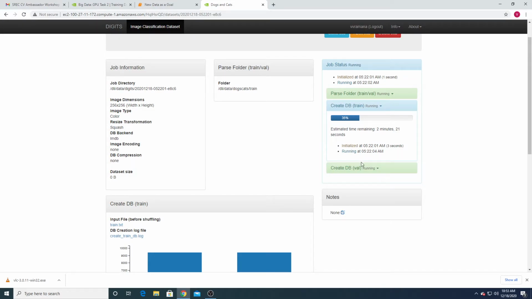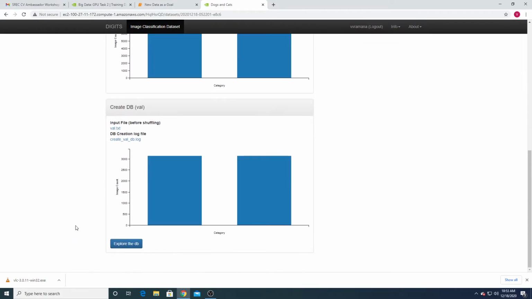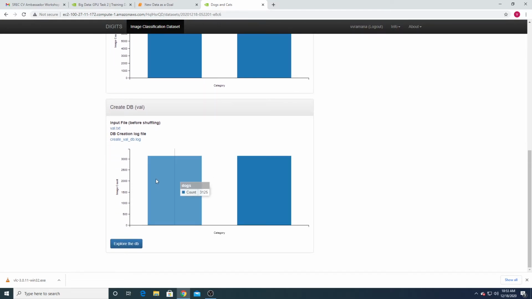So the validation database is completed. 25% of data was used to create the validation dataset, and 75% of data for the training purpose. Now it is still going. Validation data has the two categories, dogs and cats: 3125 images of dogs and 3125 images of cats are in the validation data.